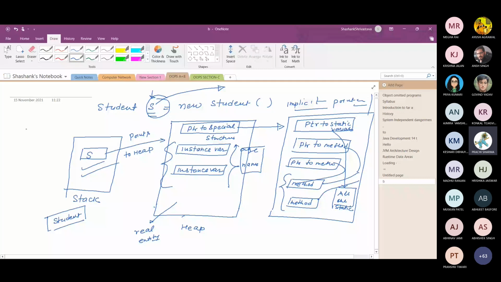सर तो जो ये स्टूडेंट एस इक्वल टू न्यू स्टूडेंट लिखे हैं सर, वो क्या ऑब्जेक्ट बनाया है ना हम? हाँ, जब आप लिखते हो स्टूडेंट एस, एक ऑब्जेक्ट आप बनाए हो इससे न्यू स्टूडेंट, दिस इज ऑब्जेक्ट. फाइन. यहाँ पर ये आपका एक ऑब्जेक्ट को रिटर्न करेगा, और वो जो ऑब्जेक्ट रिटर्न हो रहा है वो रेफर होगा एस से. Means an object is created with the help of new student when the student constructor is called, and that object is stored in the heap memory area, and that is referred by like this.